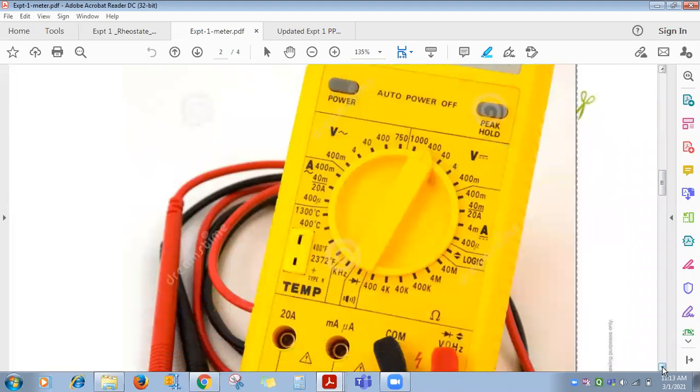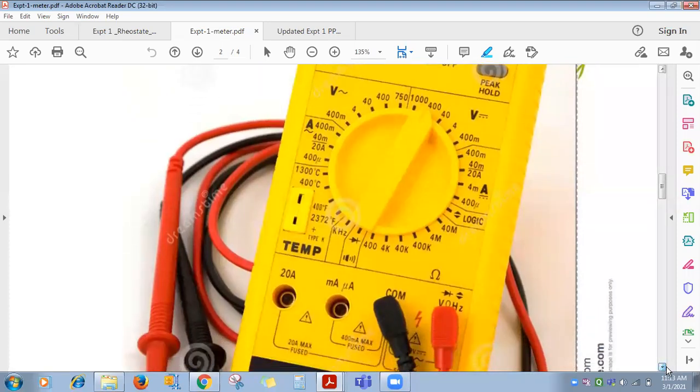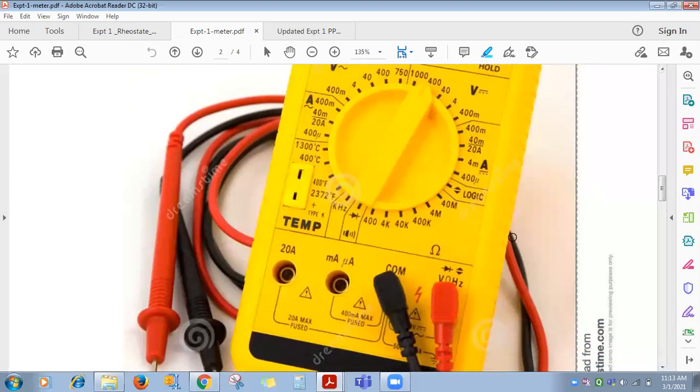Yes, which one? Ma'am, on the right side there is a diode symbol, or that red color wire. So what is meant by the another symbol next to the diode symbol? That is logic. This logic, I think it is related to those gates, AND gate, NOR gate, you know.